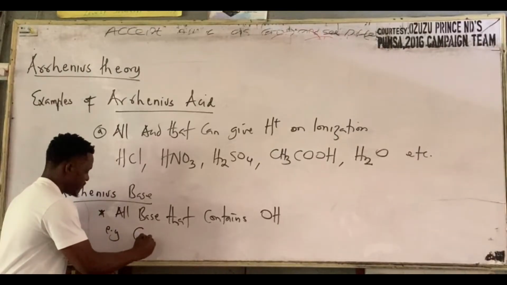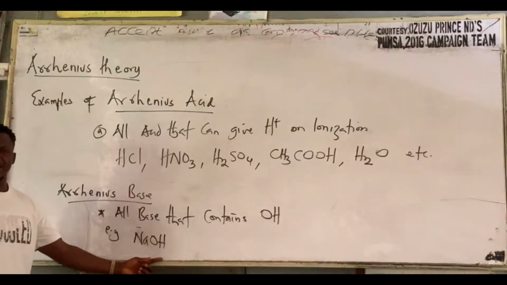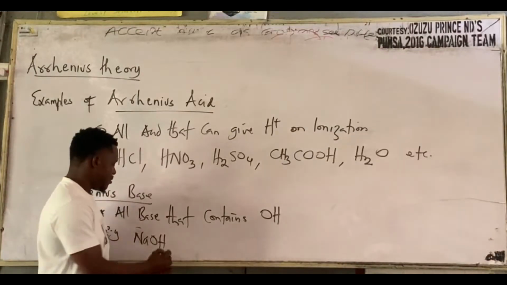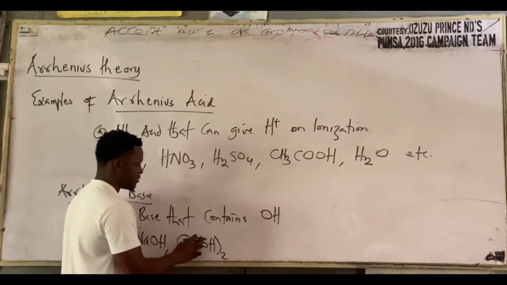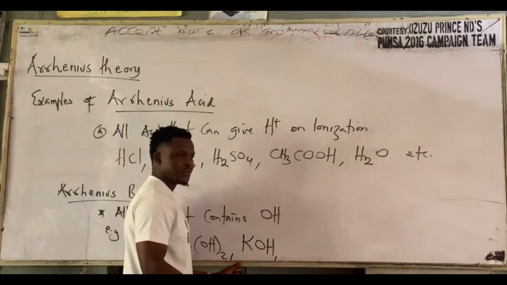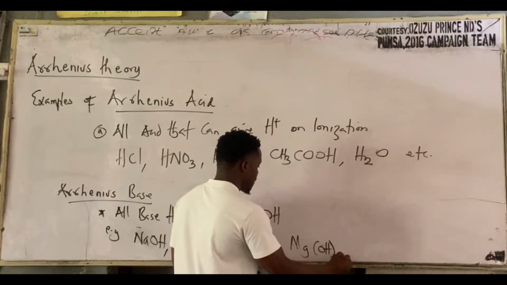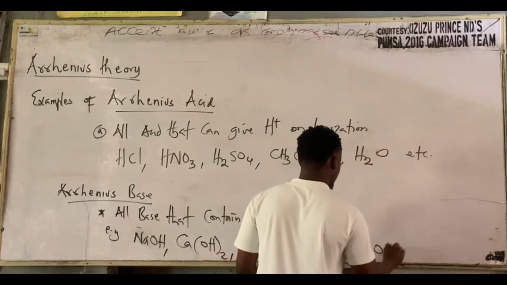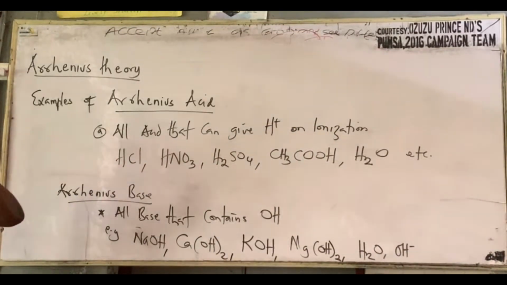We have NaOH. If this ionizes, OH has to be released. We have Ca(OH)2, we have KOH, and we have OH itself. Any compound that, when you ionize it, gives rise to OH can be considered